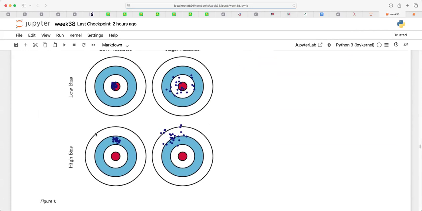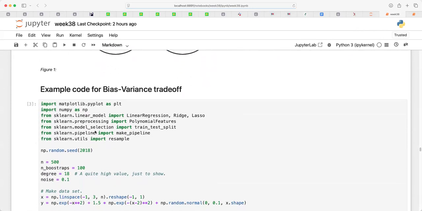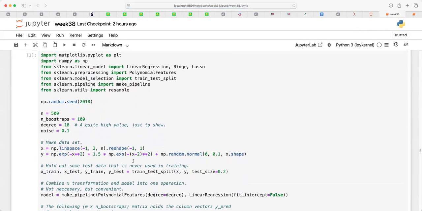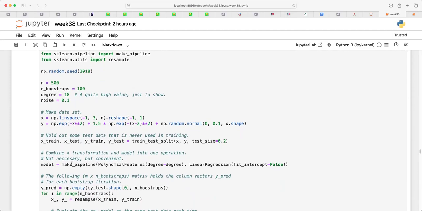So you will find the same here, which we discussed now. This program example is a function which you have seen many, many times. What I'm going to do now is to take 500 points and do 100 bootstraps. So I generate 500 points here for X, and I generate my Y, and then I train a polynomial. This is essentially the exercises you have seen in the previous weeks. It's the same